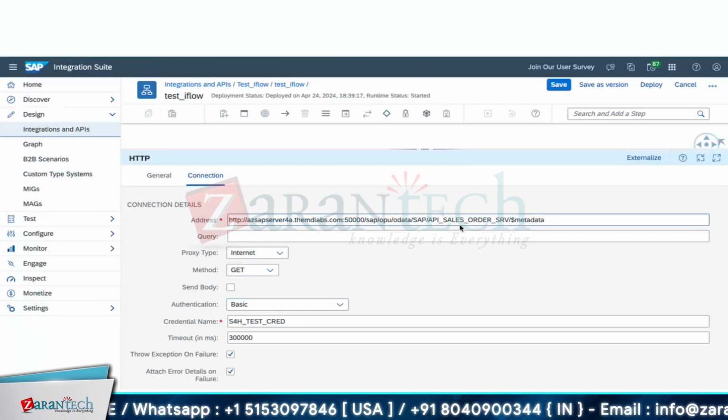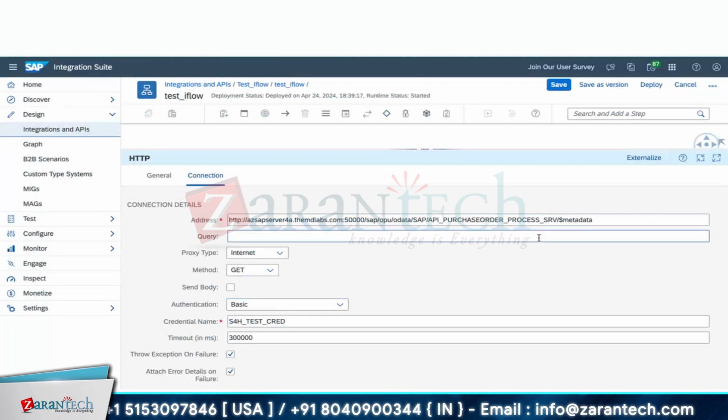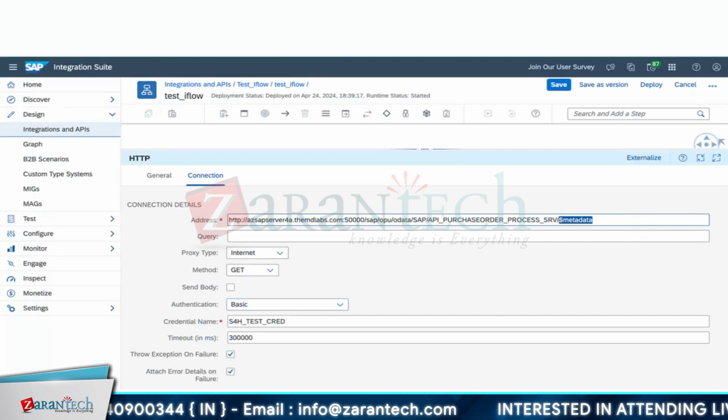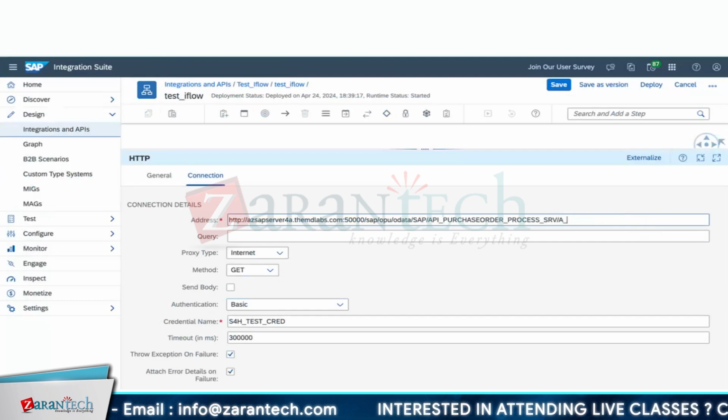So, the nature of sales order, it's my bad. An underscore purchase order should bring some data. So now it should bring some data.